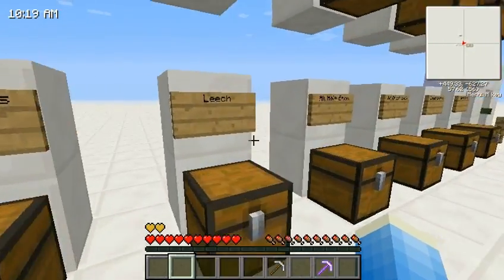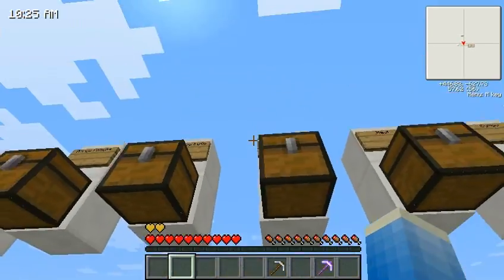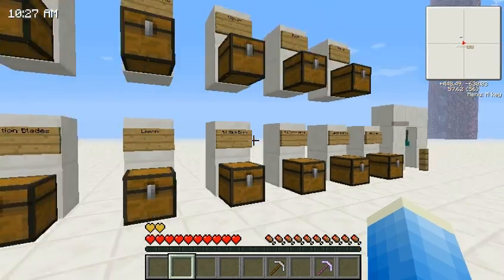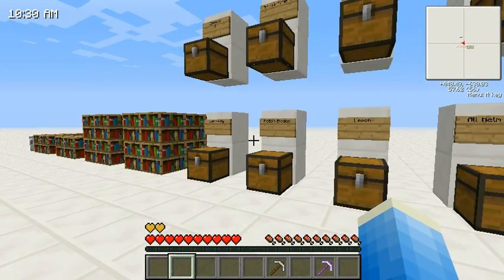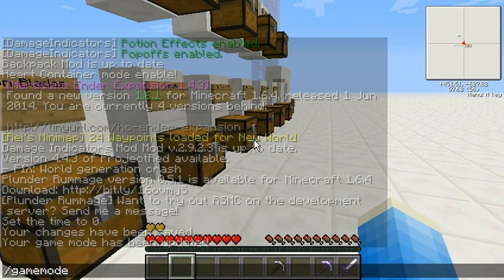Now some of these enchantments I decided to stack onto other items all at once instead of making a giant roll, because that would have taken me 555,675 years. So let's get started. Okay, so first off we have verticality. So, actually I don't have...